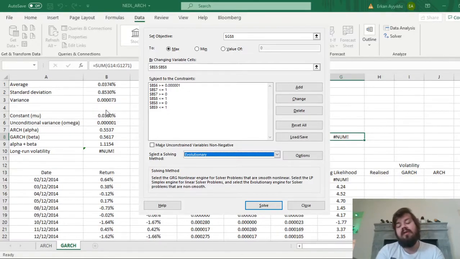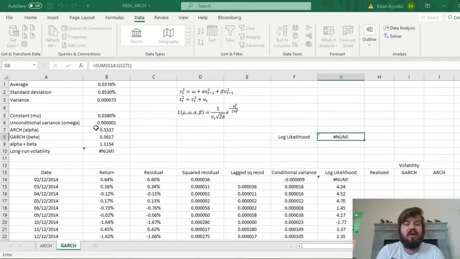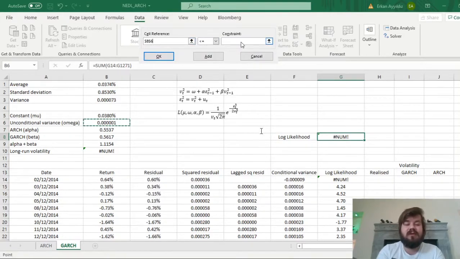0.000073. So we might suspect that unconditional variance should never, in any estimation, be above the simple sample variance, as in low volatility periods it is much lower than the average sample variance, and in the high volatility periods it's much higher than the average sample variance. So we should not expect unconditional variance to be higher than this value. So we need to add this restriction. B6 should be less than or equal to this value, so approximately